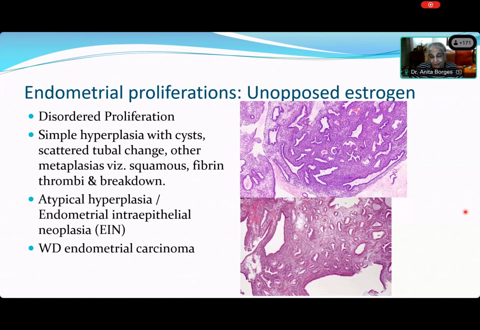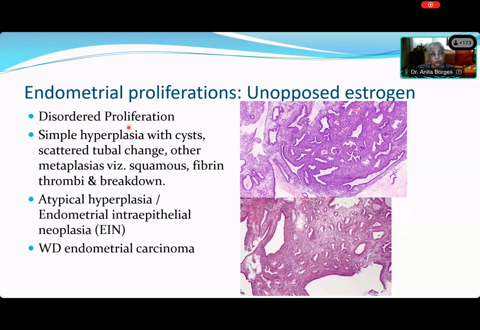If you have estrogen unopposed by progesterone, so estrogen is running around completely unopposed, then you get abnormal uterine bleeding. One of the more common causes of abnormal uterine bleeding, in which you get abnormalities in endometrial proliferation, is unopposed estrogen activity. Okay. Now, the first thing that happens is that the endometrium becomes disordered.